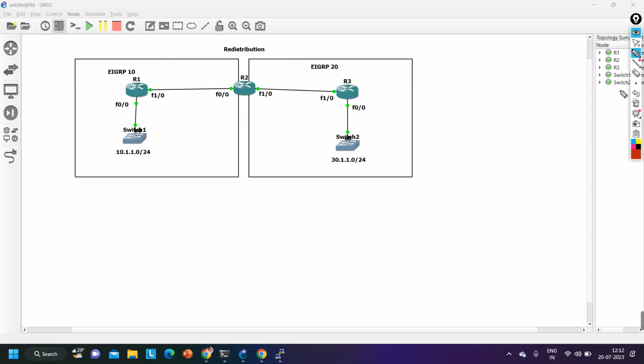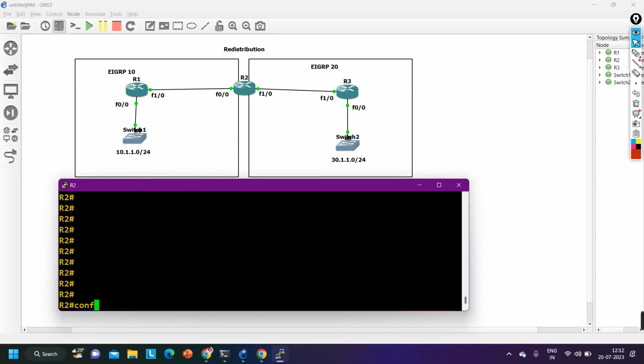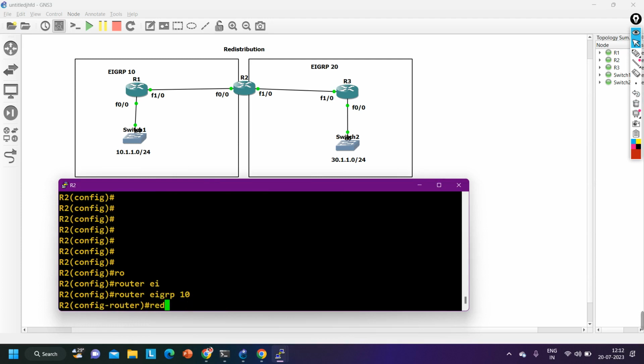That means we need to perform redistribution twice. One, EIGRP 10 into 20 and EIGRP 20 into 10. Getting my point? This is the concept of redistribution only. Let me show you on router number 2. See, I am going to redistribute EIGRP 20 into 10. So first of all, I will go into router EIGRP AS number 10 and I am going to type redistribute